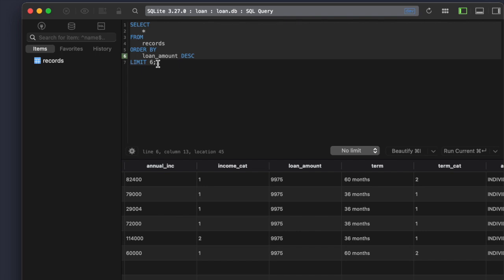Sometimes you do not want to limit, but in most cases, when I'm doing some sort of exploratory analysis, when I'm doing some sort of probing, drilling, I usually always include limit, because you don't want the whole thing returned to you, because the whole thing is what, 880 rows of data, and I don't want the whole thing to be returned to me. I just want to take a look at the first 6 rows to make sure that my statements here are correct. Okay, so